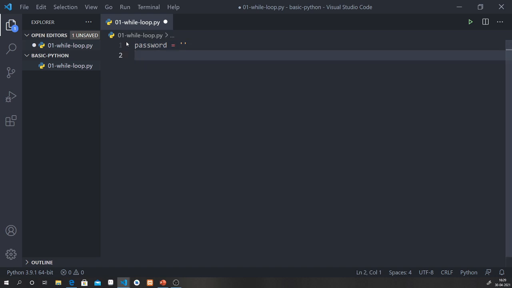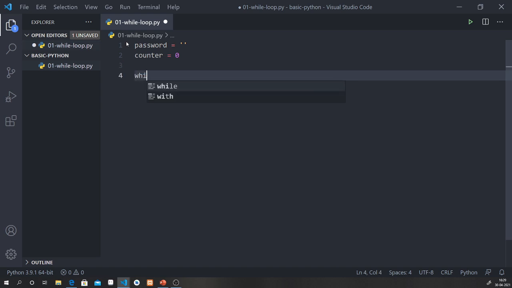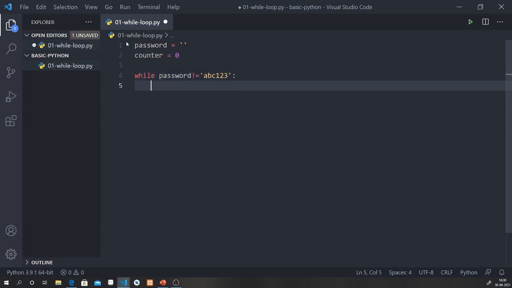So here I have assigned password as an empty string, and I will assign counter equal to 0. Now I will run a while loop and check if the password is not equal to abc123. If the password is equal to abc123, the while loop will stop.